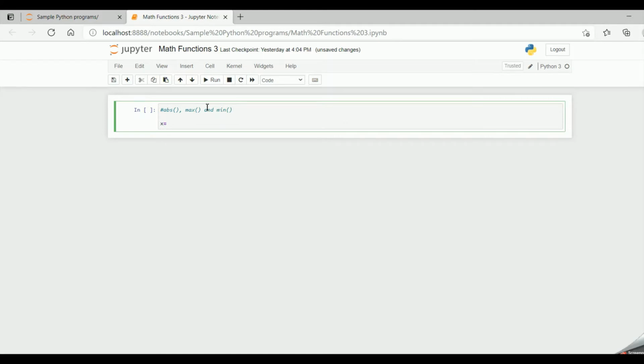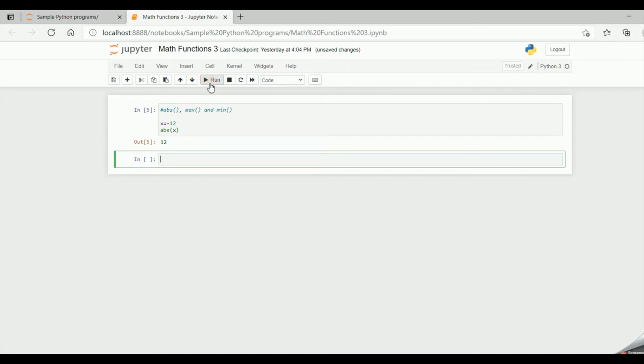Suppose x equal to minus 12. Now if I give ABS of x and run the code, it returns 12. It will return the positive number present in x. It will remove the negative sign and will return only the positive number.